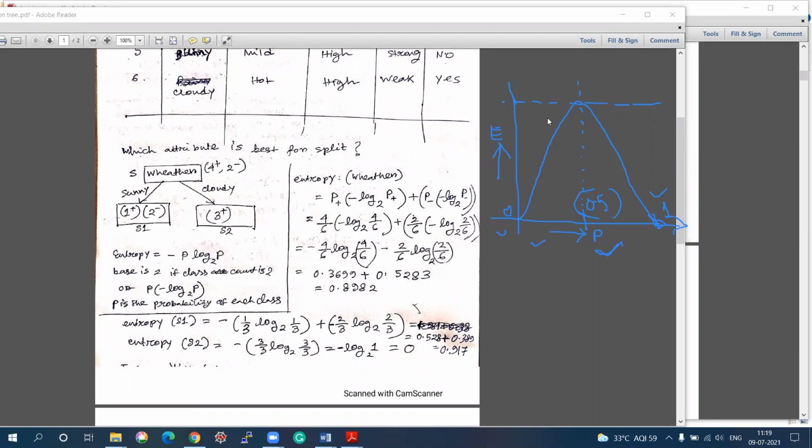Okay. So that is the basic concept regarding entropy as well as probability of the occurrence of each of the classes. Probability of each of the class. Let's erase this thing. This is just for discussion. Now,